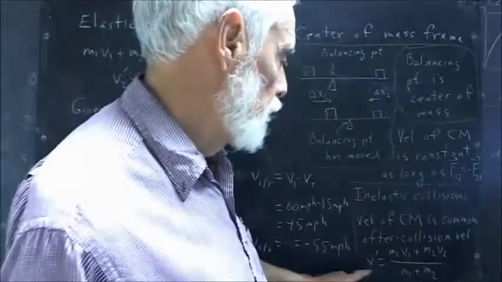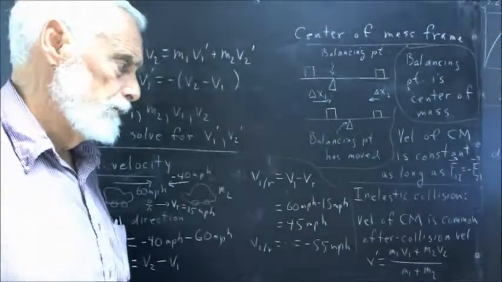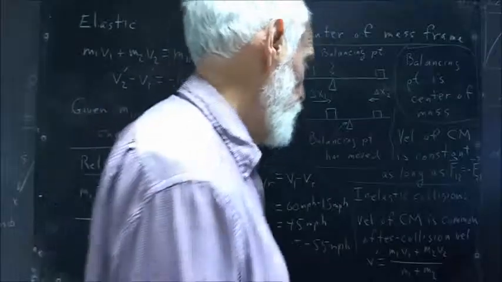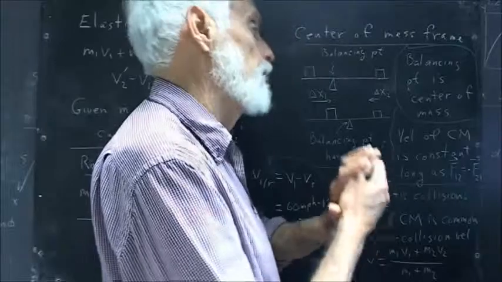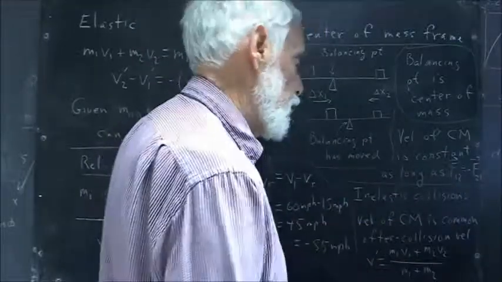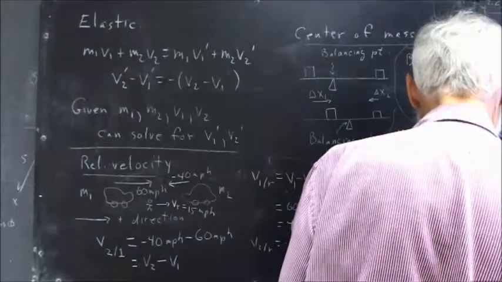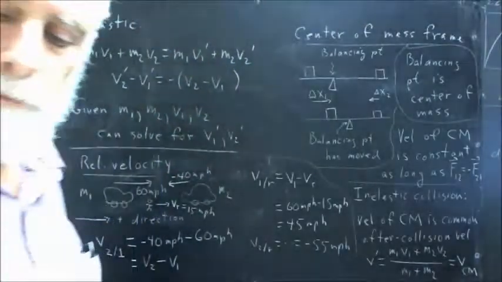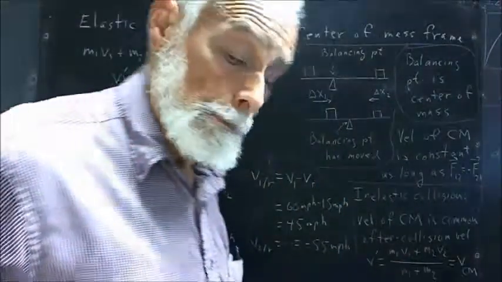And since the after collision velocity is this, as we saw in a very recent clip, this is the velocity of the center of mass. So I can say that this V prime, the common velocity, the velocity of two stuck together objects after the collision, is equal to the velocity of the center of mass. Now, as it turns out, if you put this condition together with this condition,